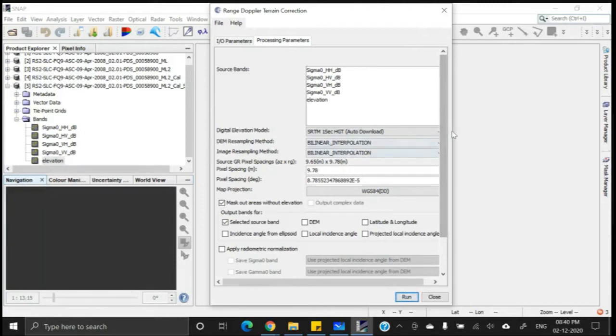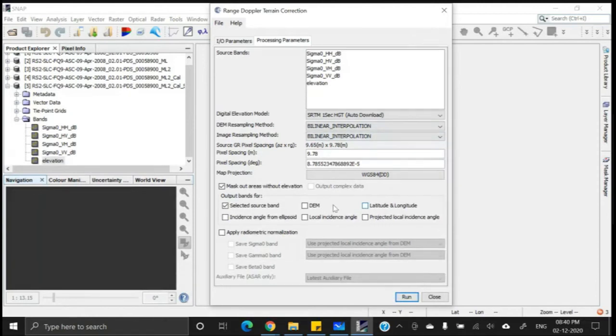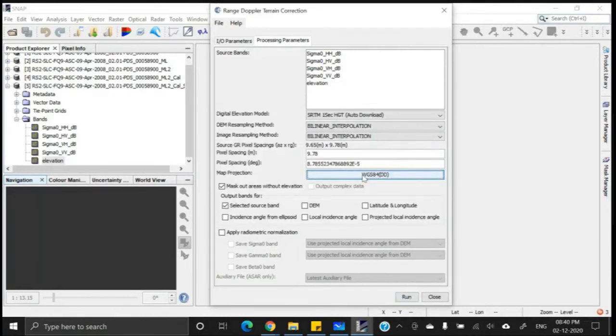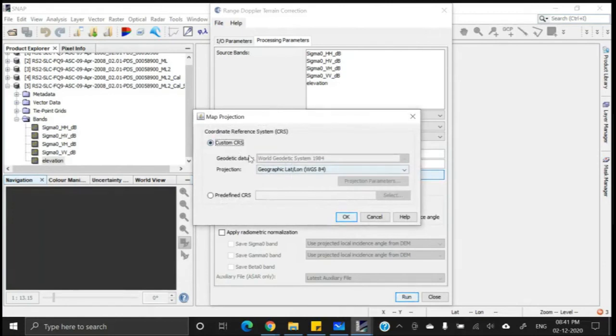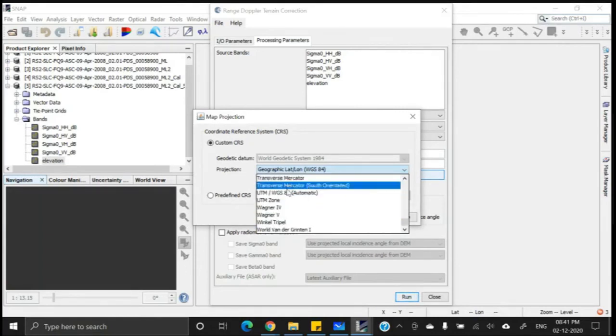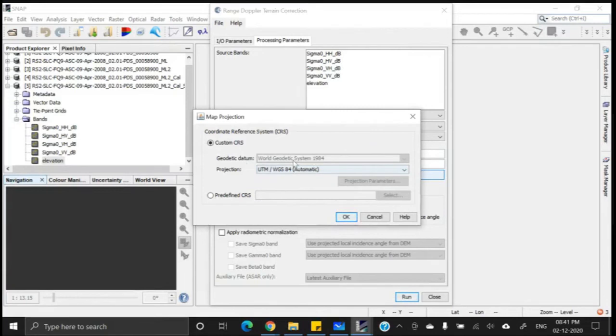However, we are not interested in the degrees. Then map projection. What will be the map projection? If you click on this box, you can select different types of projections, for example, transverse Mercator, or universal transverse Mercator, etc.